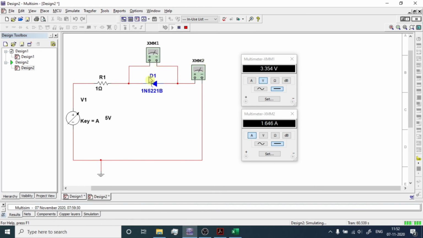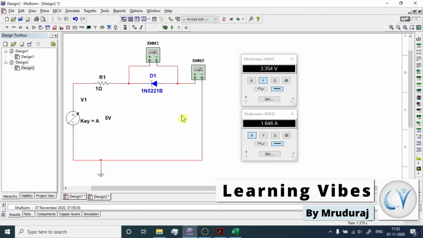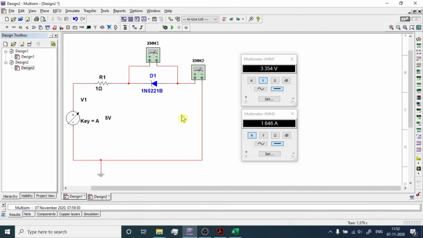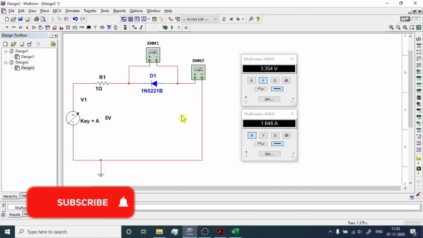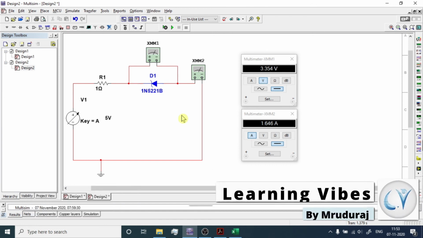So the reverse allowable current capacity is very much important for the diode. Now let's just stop this. So this reverse allowable current flowing through the diode is very much important. In the next video I am going to explain how we can prepare a voltage regulator using this diode. And when we are preparing a voltage regulator, this thing is key. So if you want to understand how to prepare a voltage regulator using Zener diode, then stay connected to this channel.